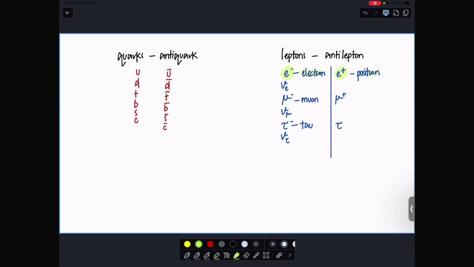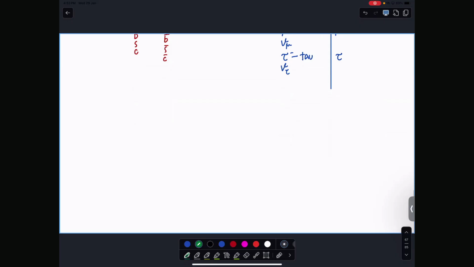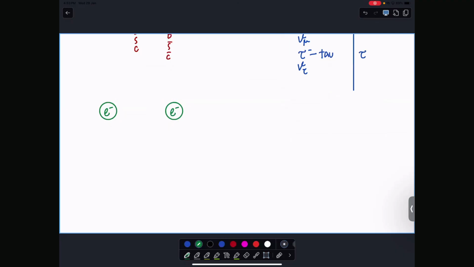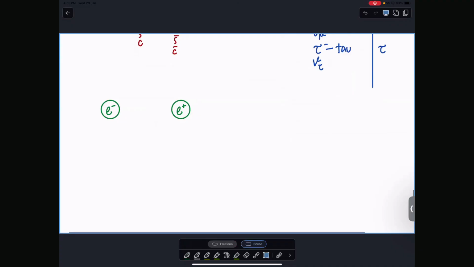Okay, now it turns out that if you have a particle like an electron and you have an antiparticle of that same particle, let's say a positron, when these two come in contact, something happens. You know what happens? Yes, they destroy each other. Particle and antiparticle can't coexist. So the moment a particle and antiparticle of the same type come in contact with each other, they annihilate each other. And instantly